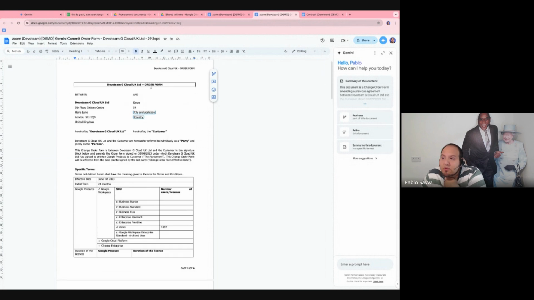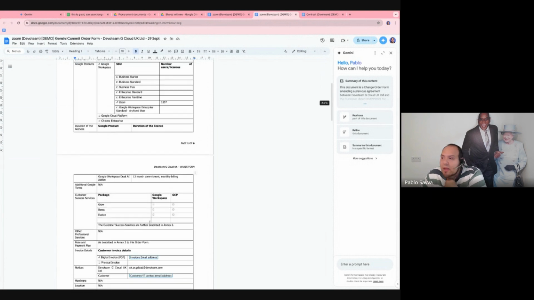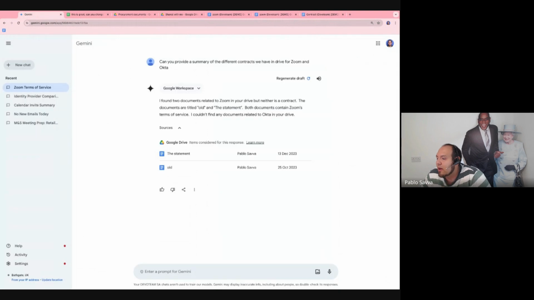They're not called contracts, they're called order forms. So Gemini needed to understand that these are what we are looking for. And actually, what I'm going to do further is say, because I need to summarize this, can you provide how many Zoom licenses we have purchased,